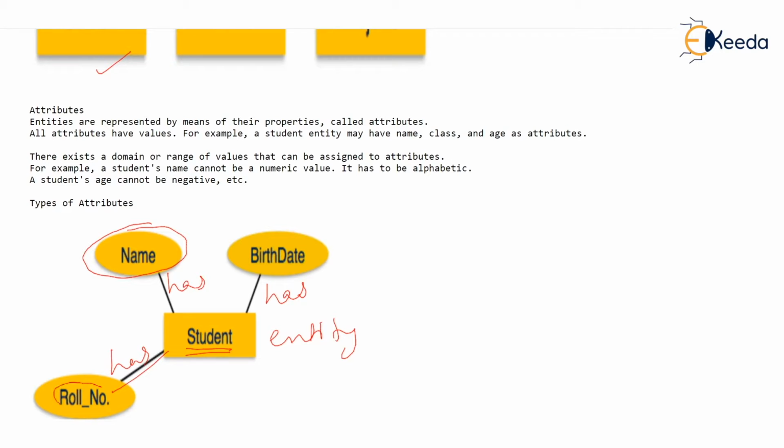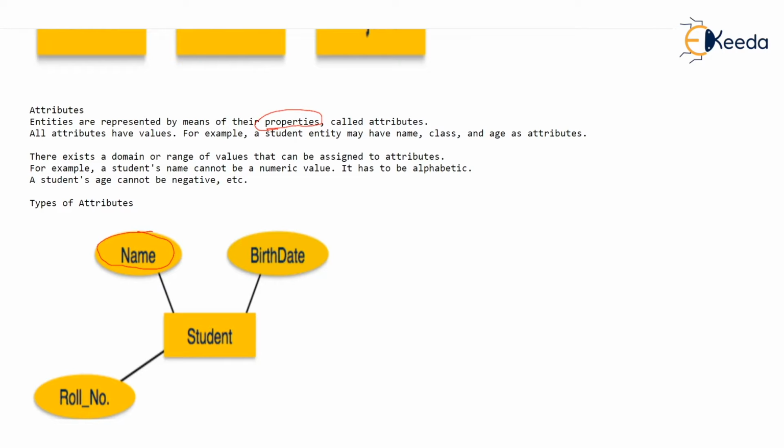So this roll number, name, and birth date are nothing but properties of the student. And listen, there can be many students, isn't it? There are several students, and every student has name, birth date, and roll number. So attributes are nothing but properties, isn't it? Properties which belong to the entities, and attributes are shown in the form of ellipse.